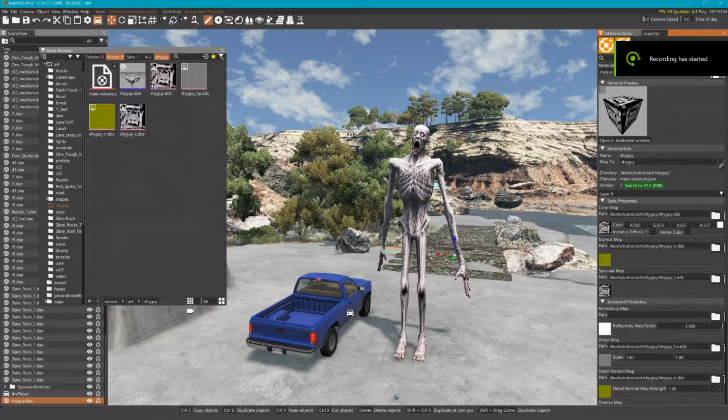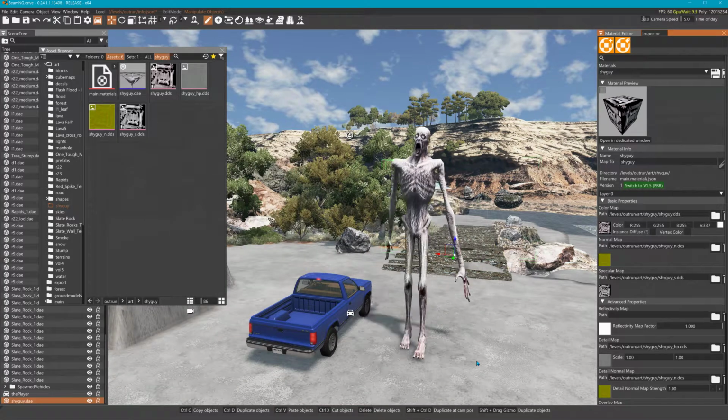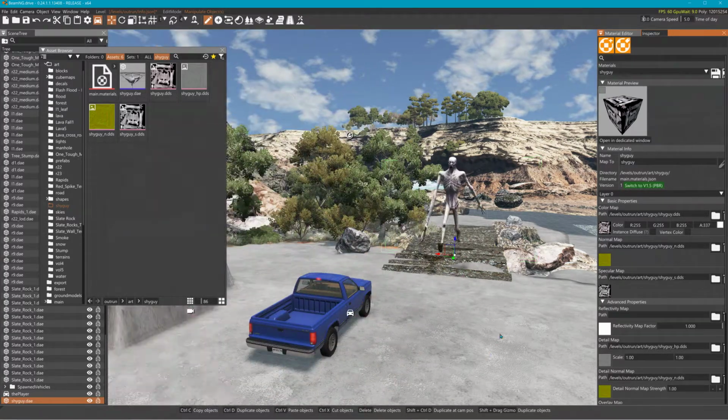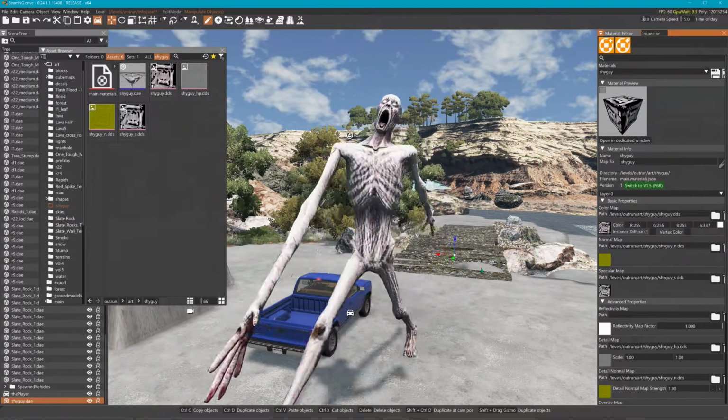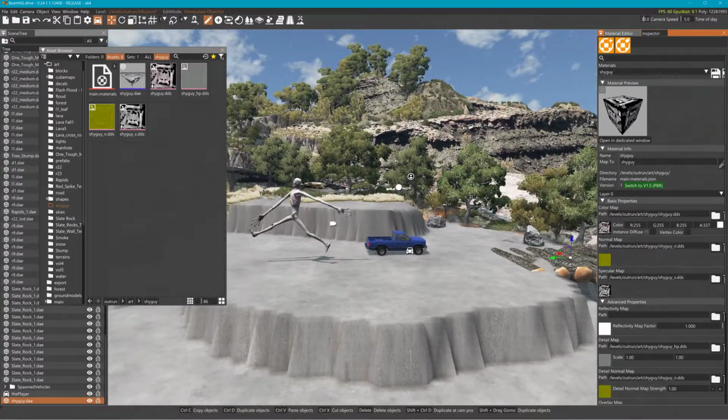Alright, so I figured out what I did. His arms still aren't bending, which I gotta figure out, but you can see he's not stretched anymore. But like I said, that's just a couple frames of animation. It's not a whole run cycle, but it